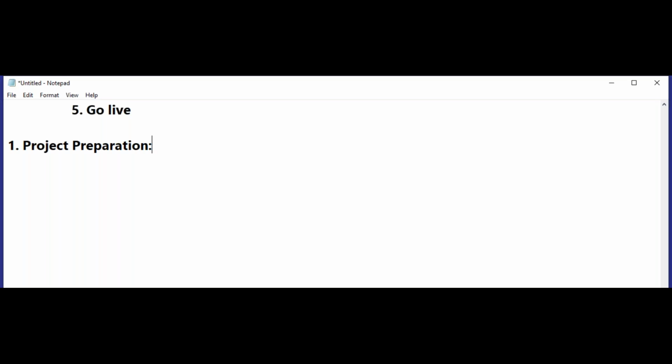And there is one more team called the project management team. This project management team hires the resources and carries out the project planning and outline. So this works in the project preparation. Is it clear? Understood? So in this project preparation, once a client decided on its ERP system,